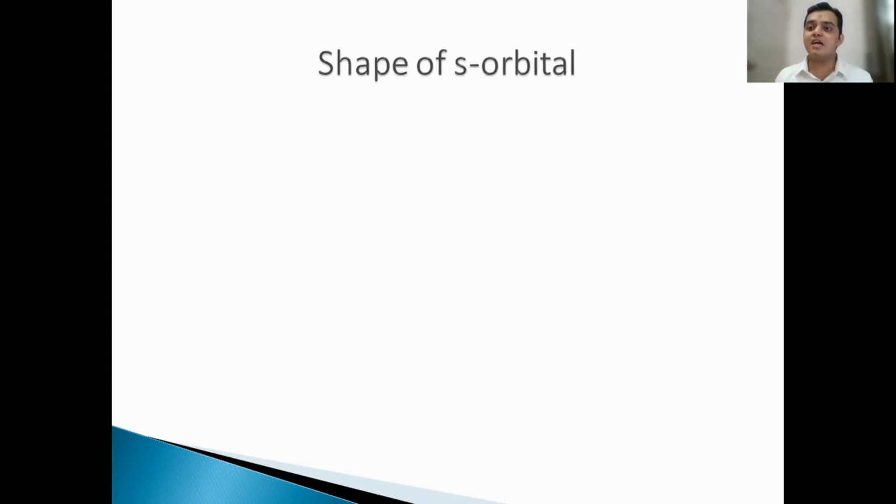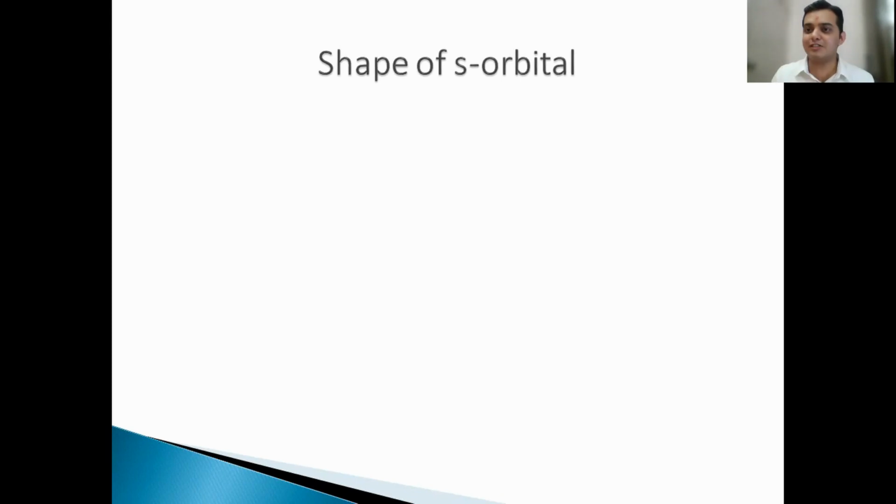Let me explain these subshells this way. We all live in houses, in a building. In a building there are seven floors, just as there are seven shells in an atom. On each floor you have houses, and each house has a different shape. In the same way, in an atom there are seven shells, and in each shell there are subshells, and that subshell is our house. Every subshell has a different shape.